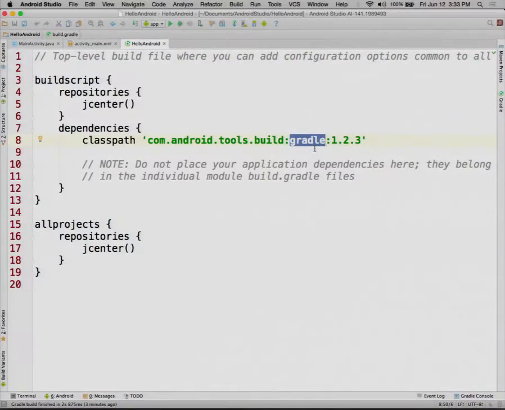So I would have called it Android here, but nevertheless, that's what we're doing. Now, there is the build script to say where to get the plugin. The other thing they put in here is, in all projects, setting up the JCenter repository so that when you add your dependencies, you don't need to do anything in particular. If you can get your dependencies from JCenter, that'll work just fine.